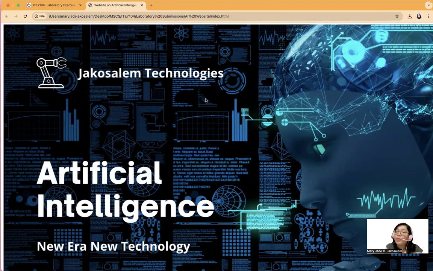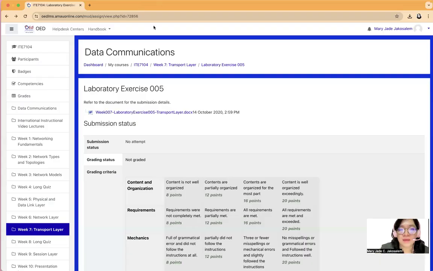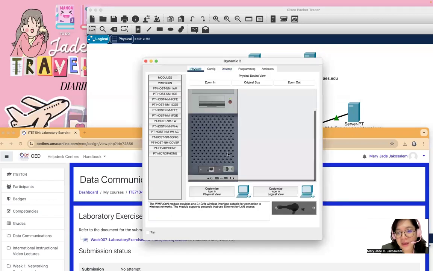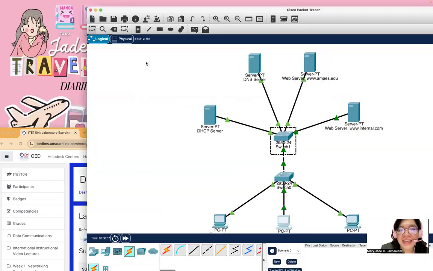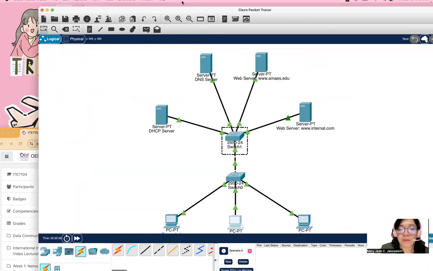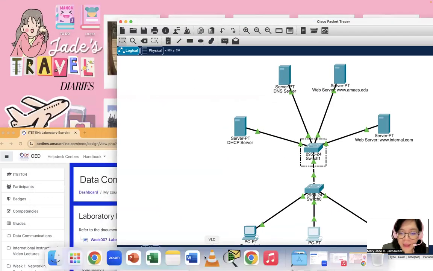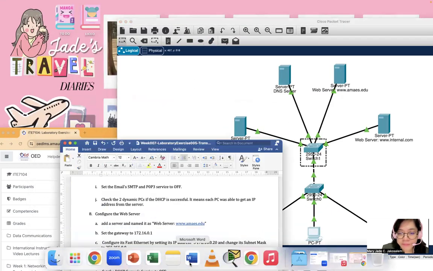But yes, this is supposed to be the artificial web intelligence website that I made. It's not actually just a picture there, but I guess you get the gist. So yes, we are all good and we are done with the activity. Yeah, it's really not loading, because the image size is quite big. So anyways, going back to our activity,